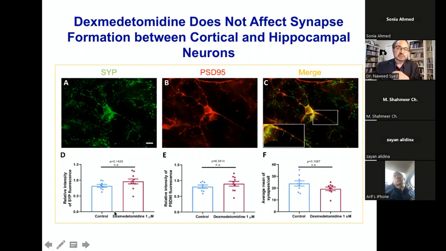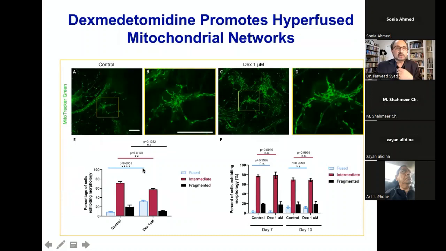Now the question was, can it prevent the sevoflurane-induced cytotoxic effects? And I think we also examined the mitochondria with dexmedetomidine. It does not affect the mitochondrial fragmentation. The mitochondria were really healthy, all in a big mesh of train-like structures, very healthy in functionality. So for all the parameters that we use to determine whether anesthetics affected cellular viability, growth, connectivity, and mitochondrial fragmentation, dexmedetomidine treatment did not affect any of those parameters. So this gave us confidence that, okay, we can really go ahead and see if dexmedetomidine could mitigate sevoflurane-induced cytotoxicity if the cultures are pre-treated with